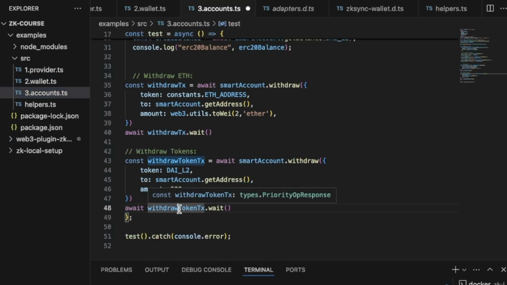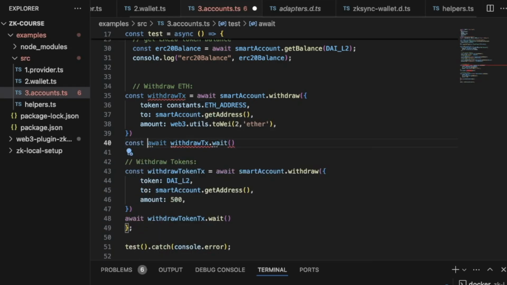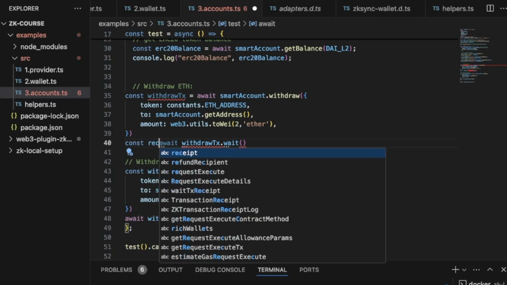So you can run the withdrawal and then you can use another API to finalize the transaction. That's why you don't need to wait for finalize. We need just to wait and receive the receipt